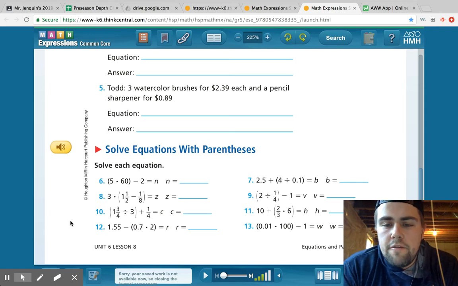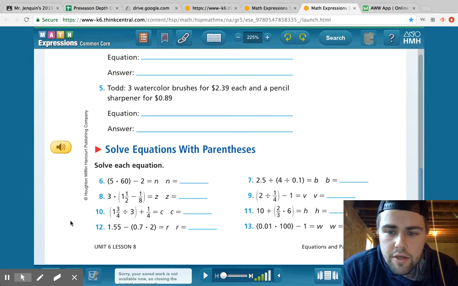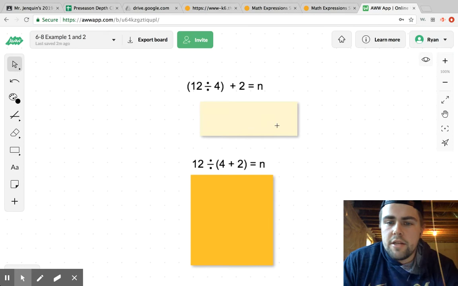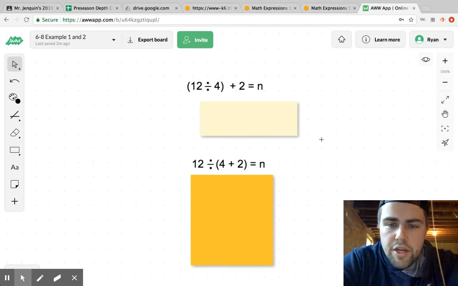Hi, fifth graders. Today for math, we're going to be looking at parentheses and what parentheses tell us to do when we're working on an expression or an equation. For solving these equations, we're going to try to find what that missing variable is. Before we get started with that, though, I have a couple examples showing how parentheses can really change our